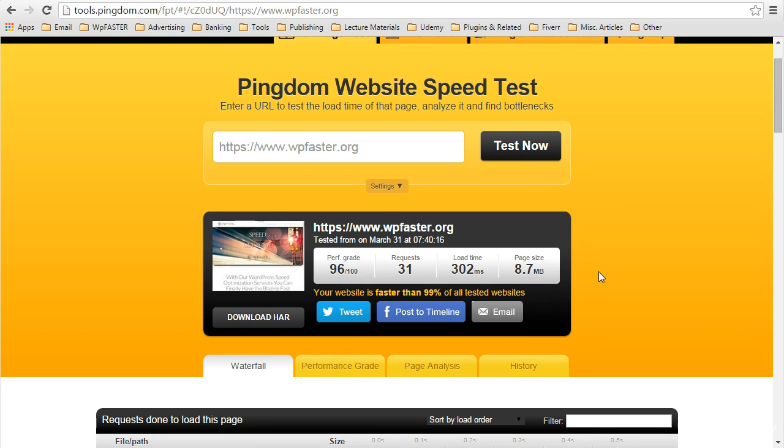So you're going to get a very accurate gauge of just how much faster or slower, whatever the case may be, your website is relative to all of the other millions of users that are using Pingdom. So here we can know that wpfaster.org is indeed faster than 99% of all the websites tested on Pingdom. That gives us a good gauge of just how well we're doing and just how fast it is,